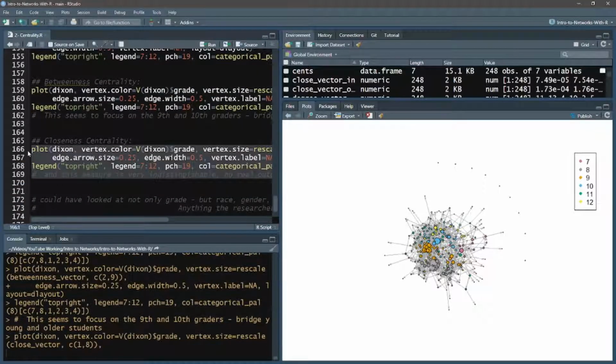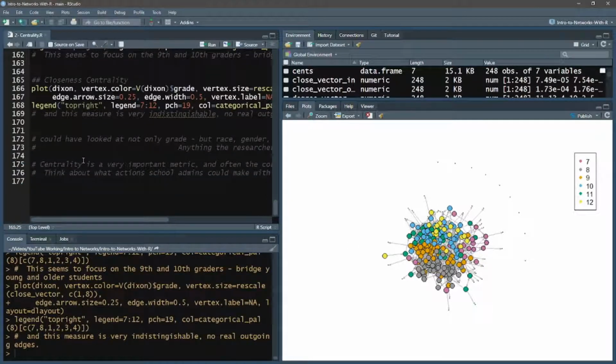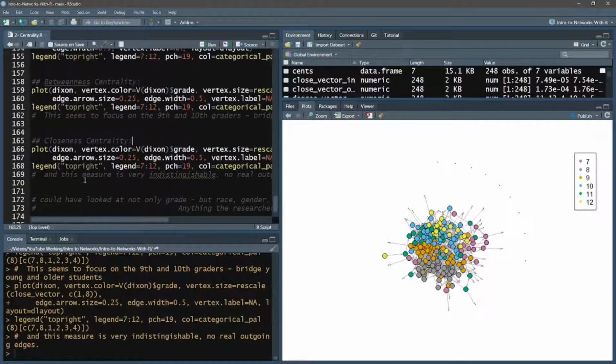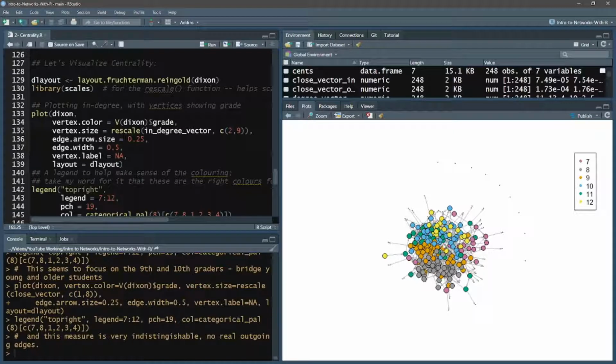Closeness, which the sizes all got a little bit bigger, because remember the measure of centrality for closeness was a little bit larger, but you could very easily divide that and get the ratio out a little bit more comparatively. And we haven't ran all the graphs, but this is kind of two different ways that you could compare things. You could plot all the graphs side by side and then assure the reader or business leader, or whomever, that the results don't really change that much based on the measure that you use.